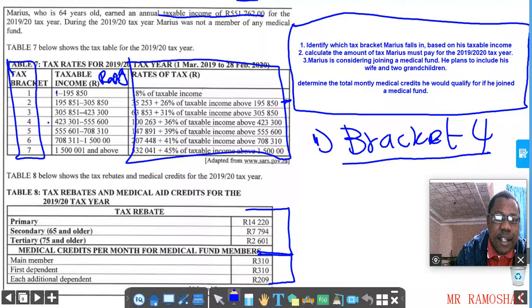How old is Marius? He is 64 years old, right? So he only qualifies for primary, because if you look at secondary, it says 65 and older, but when you come here it says 75 and older. That means this one stopped at 74. You look at people from 65 up until 74, right? Then now, is this person within this range? No, we can see that he is less than 65. That means it's only talking about primary rebate. So we're only going to relieve him with